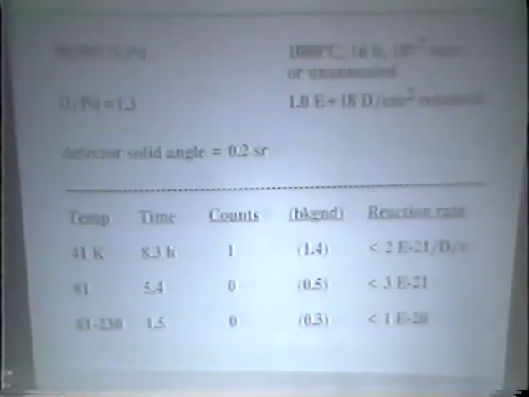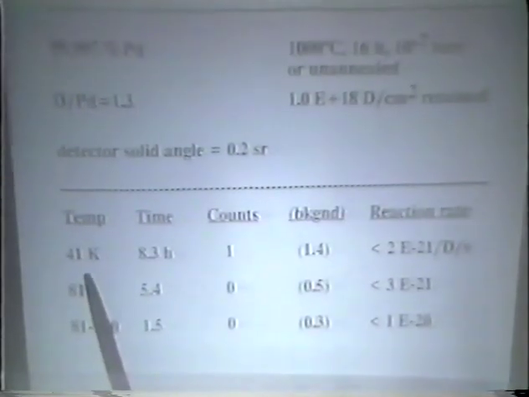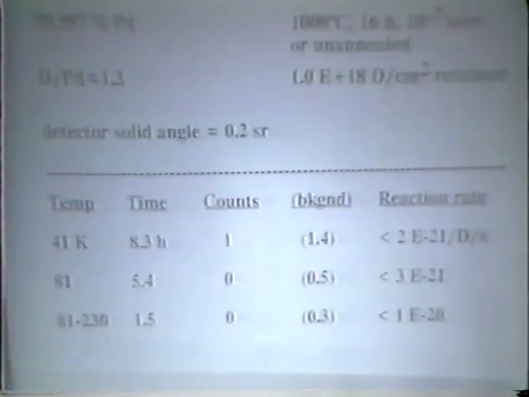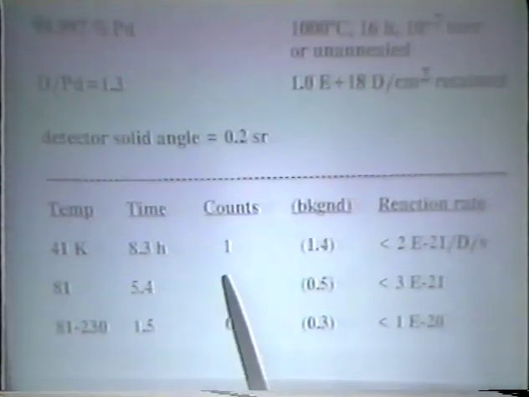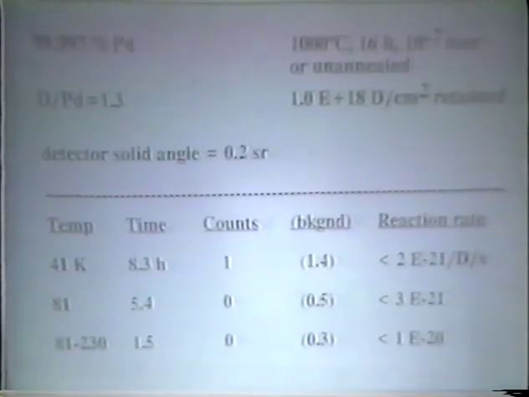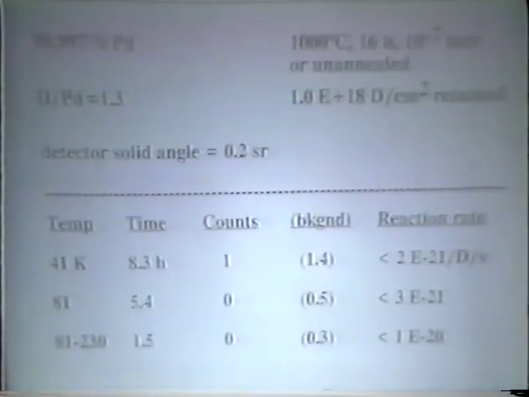There are three experiments represented here. In one case, we implanted to saturation at 40 Kelvin, and then we remained at that temperature with the charged particle detector running, no beam on the sample. During this time, in the detection system, we got one count. Our detection system does have some background, which is indicated in parentheses there. And since that is a